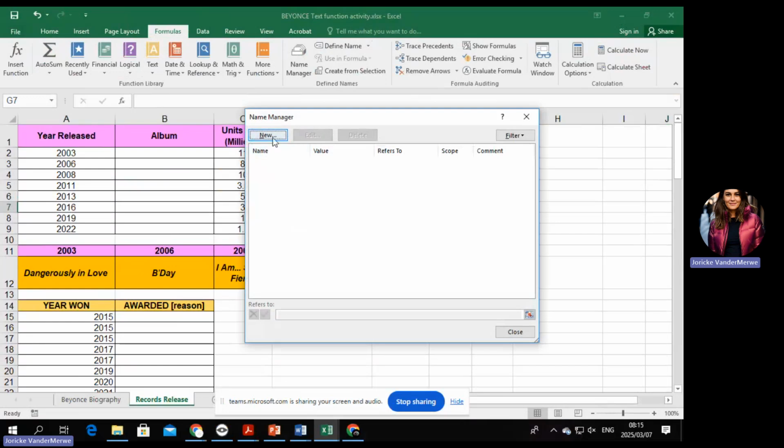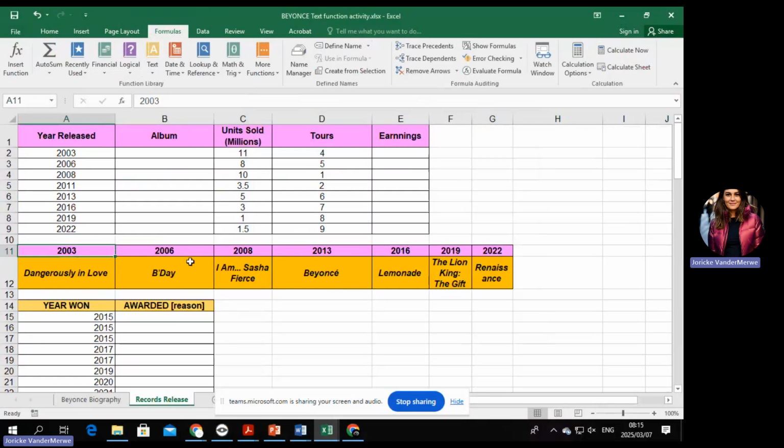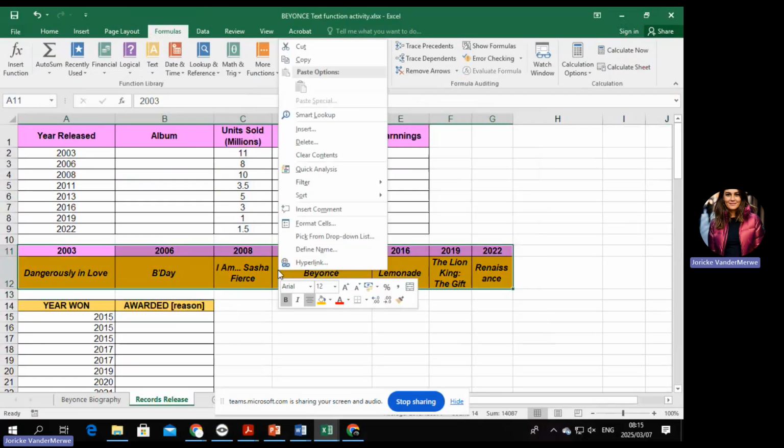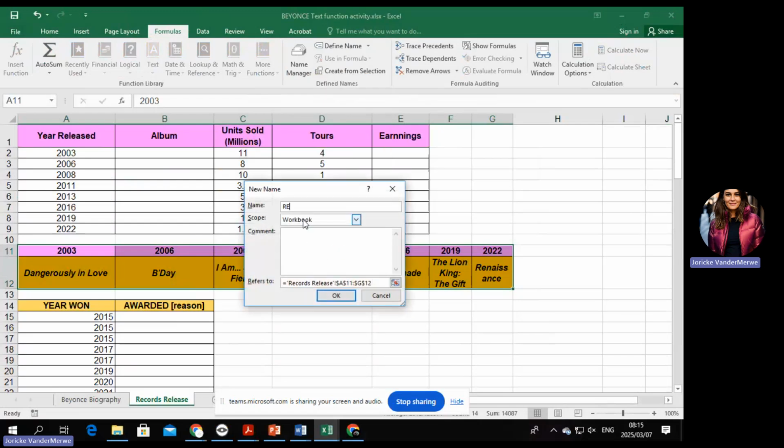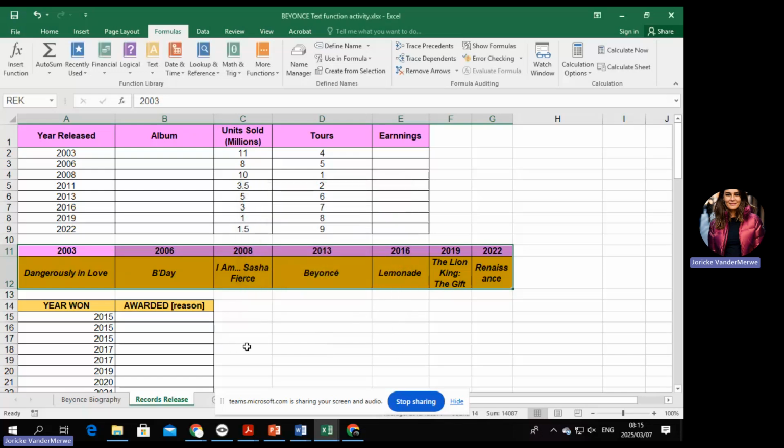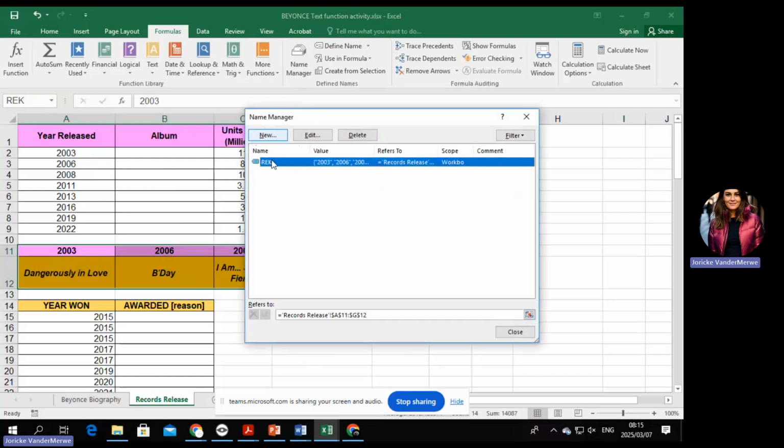This is also a nice place to know that maybe, for instance, you have clicked on this, you've selected it, you've right-clicked, and you said define name. And let's say by accident you are speaking in Afrikaans and you are calling it REK, and you say okay. And now you're going to use your VLOOKUP, but you're going to make a mistake and say it needs to be a C. It's going to give you an error message because there's no such thing as a REK. There's only a REC with a C, with the English K, like the little ones speak. So go then to your Name Manager and see, this shouldn't be REK, this should be REC.